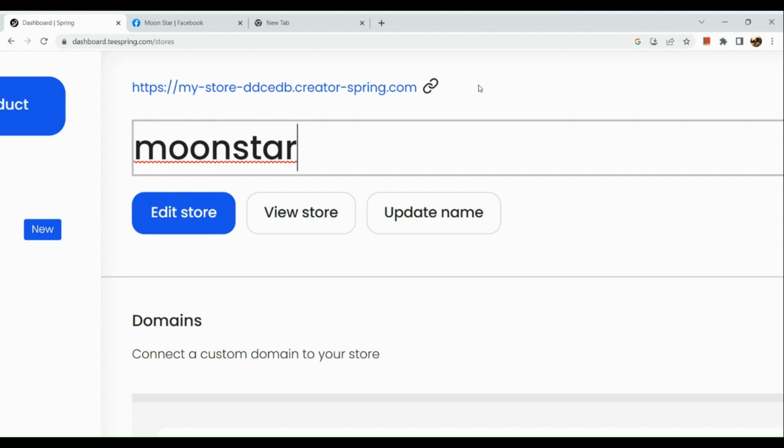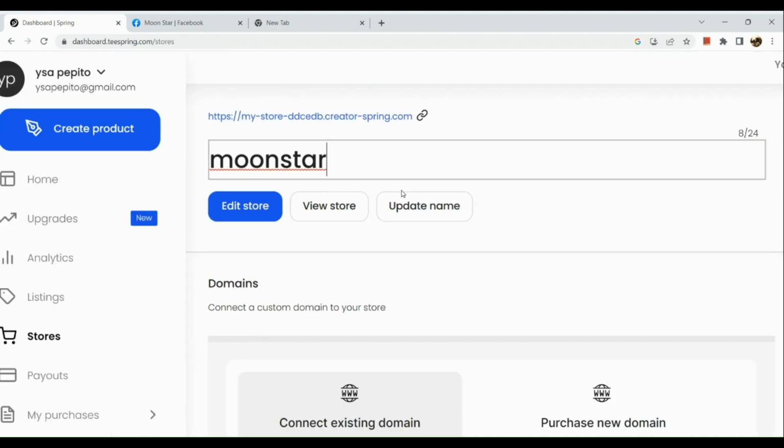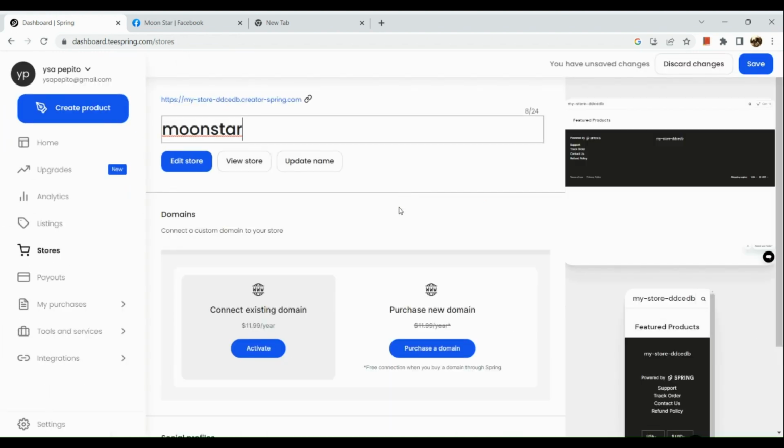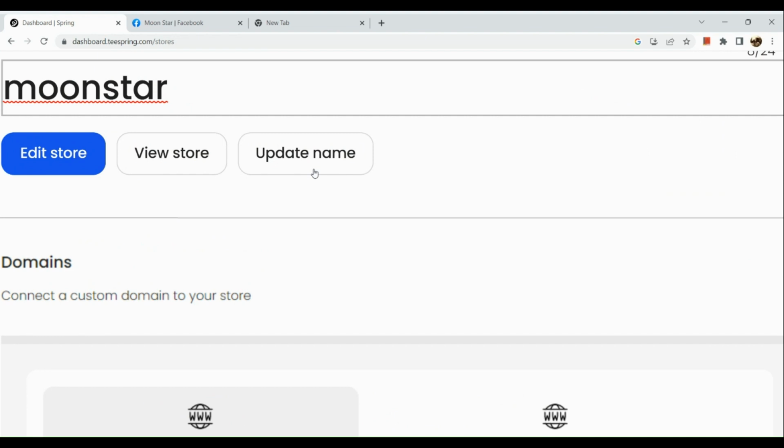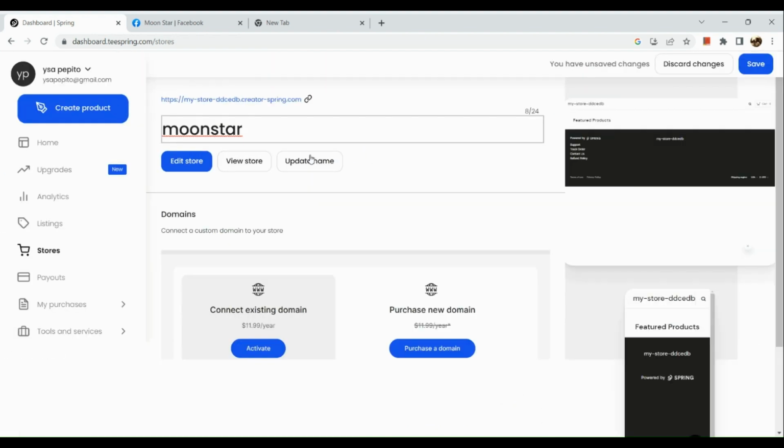Make sure that your store name identifies your product, and at the same time it is different from other products, so that more people would be able to remember your store name and would be able to go to your store and buy your products. Now you can actually edit your store, and we're simply going to click on the update name right here. So click on it, and after which,